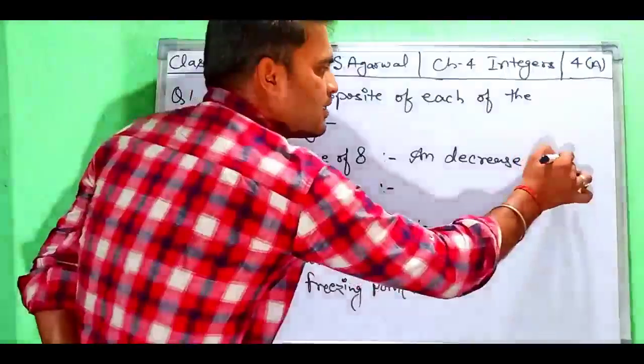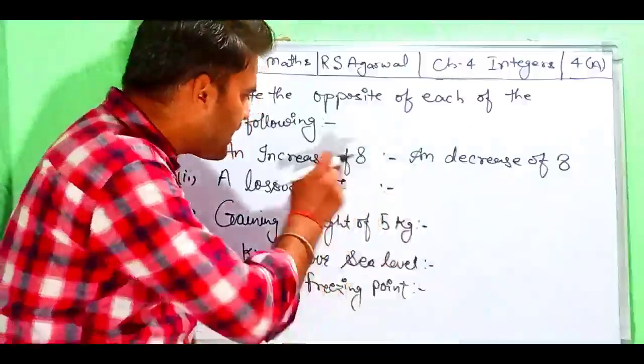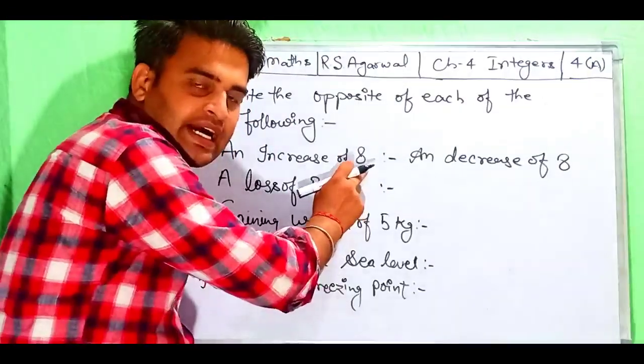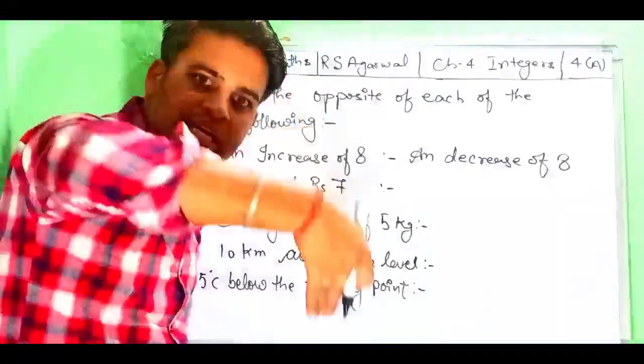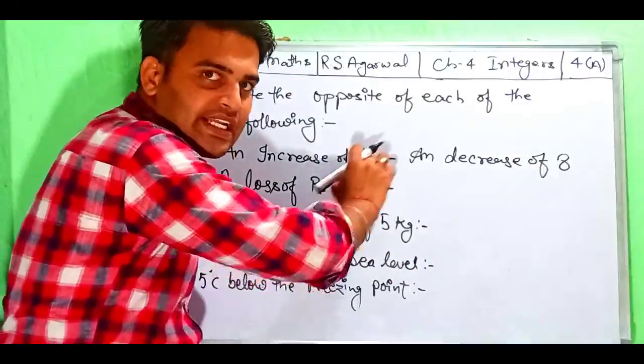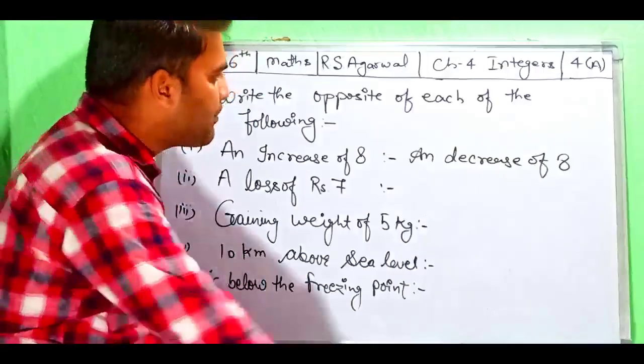कहने का मतलब ये होगा स्टूडेंट कि अपने को इंक्रीज हो रहा है कितने का? 8 का, तो उसका अपोजिट क्या करेंगे? उतने का डिक्रीज कर देंगे जितने का इंक्रीज हो। तो 8 का इंक्रीज हो तो 8 का क्या कर दिया? डिक्रीज कर दिया।